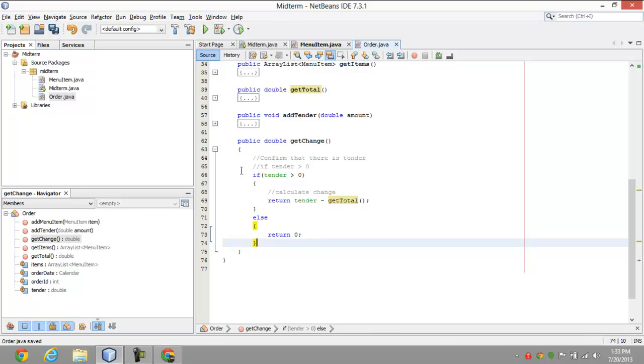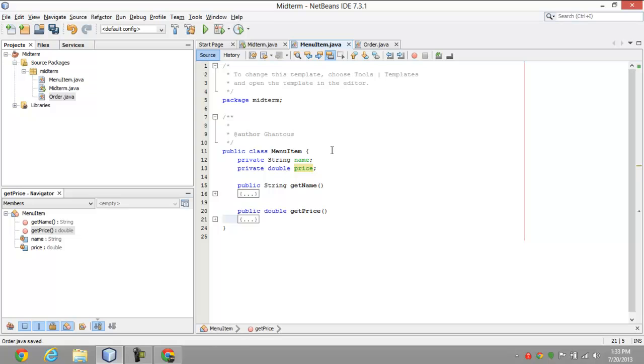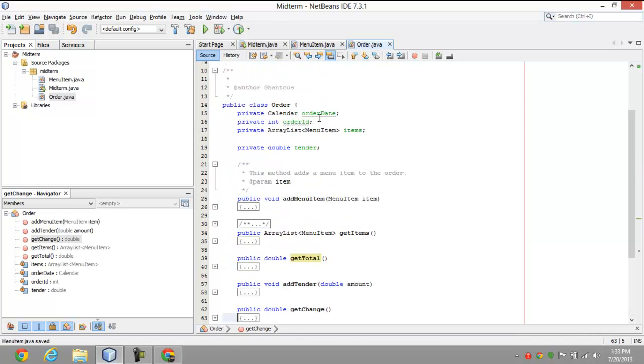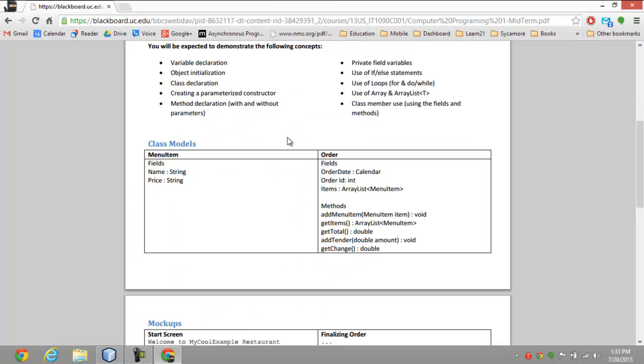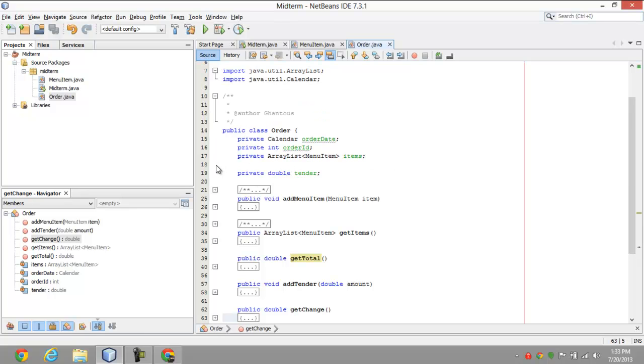Alright, so at this point we have a MenuItem class, and we have an Order class. Now, you may be saying, well, we didn't implement getters for the fields, and that's a valid observation. So to implement getters,